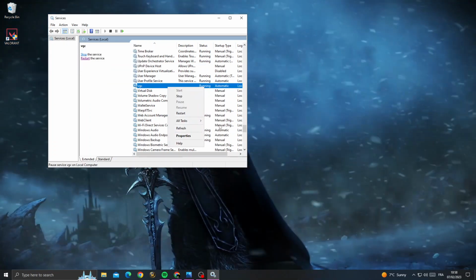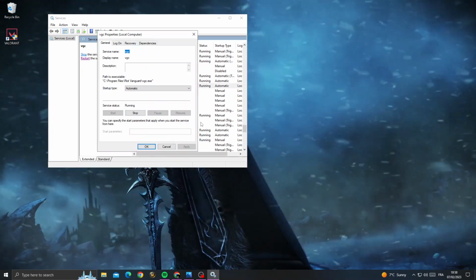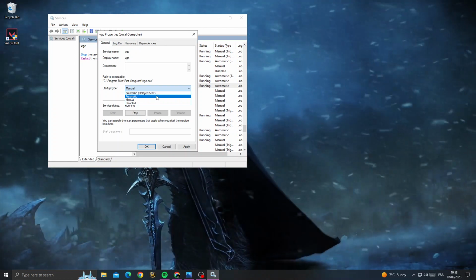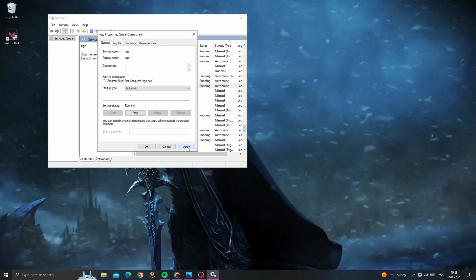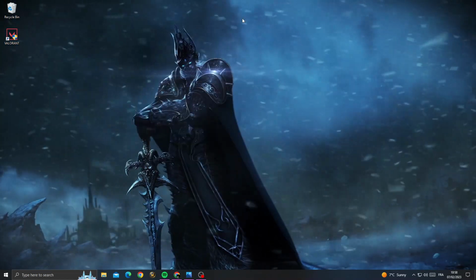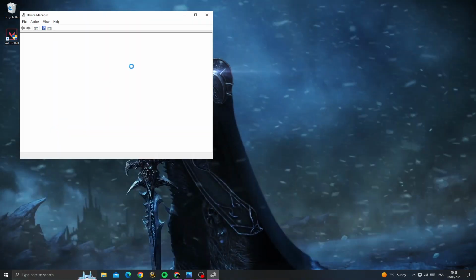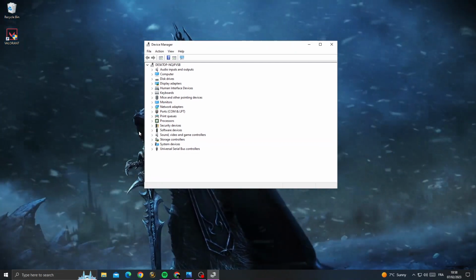and then right click here and go to properties, and you will find it like that. Manual, make it automatic and click apply and OK, and then type here device manager, and then go to processor